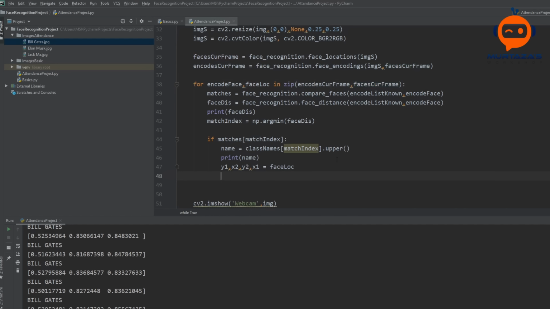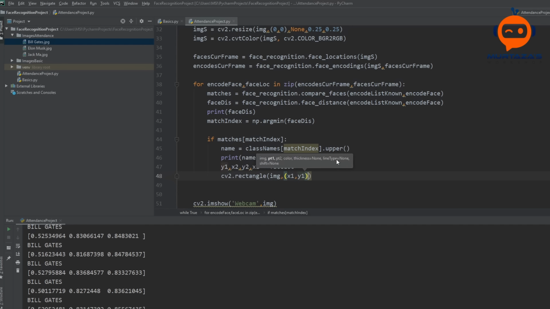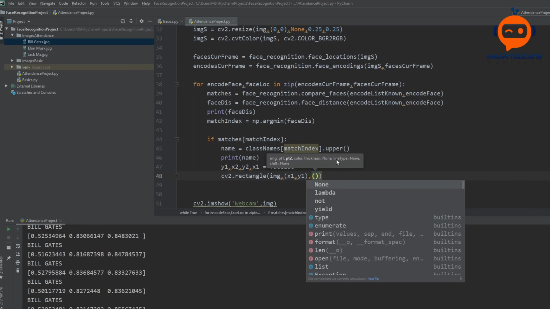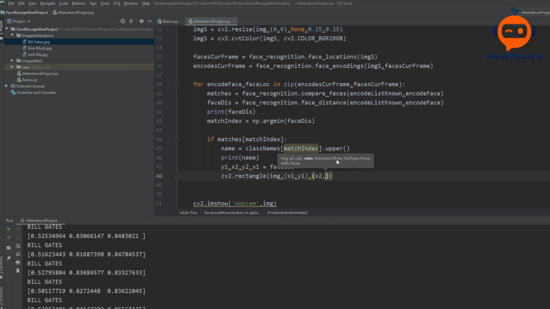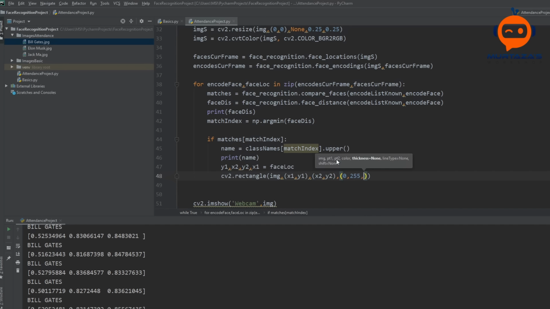Then we are going to draw a rectangle, cv2.rectangle, on our original image, and then we write x1, y1, and then x2 and y2, and then we are going to give it a color. Let's give it green, so 0, 255, 0, and then we will give it a thickness of 2.